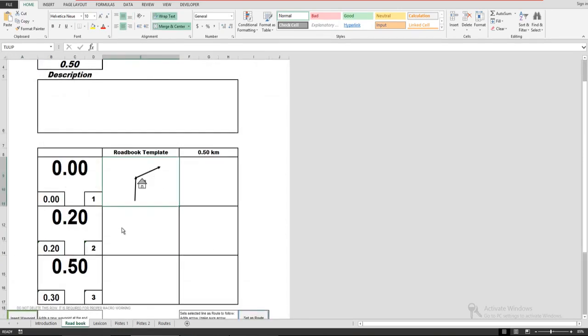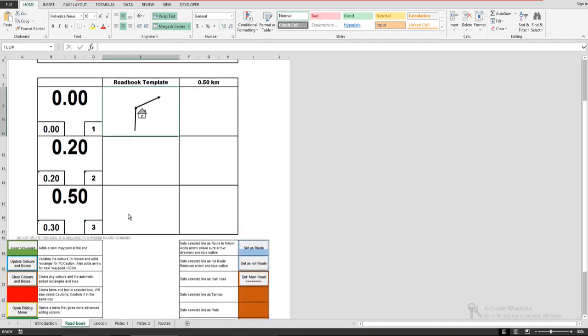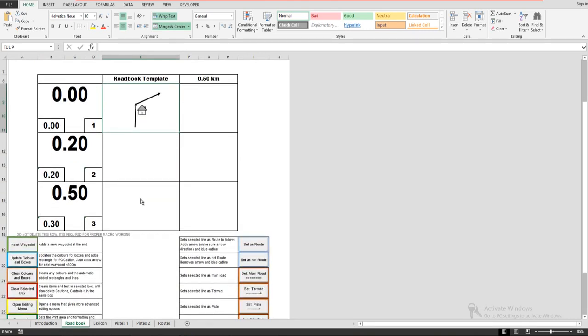The next option onwards, we start getting into some macro functionality. The important thing with macros, you need to remember two points. One is that there is always a chance that the macro might crash. We have tried our best to eliminate all of these issues, but this is just a development format that we have worked up for our internal usage. Of course, now we are offering to share it with you. But since it is a development format, there might be issues. So in case it crashes, you might lose data. So always make sure you save before running any macro.